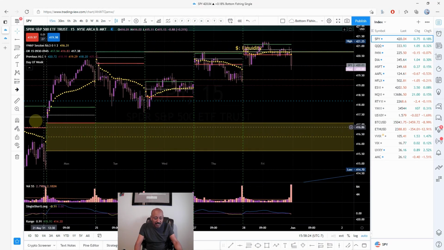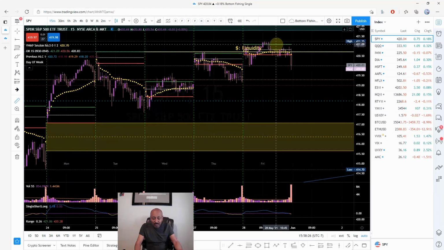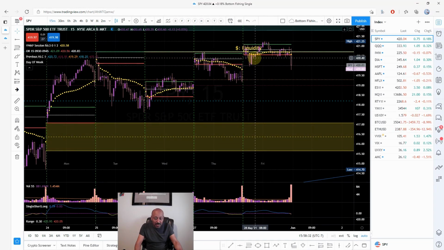We can see it this way. If we measure from this high to just right there, it's 72 cents. So for me, there was no entry. There was no room for me to enter here, just like I mentioned this morning. I would have liked to see that broken, maybe some highs tested for a continuation. This is what I would have liked to see.